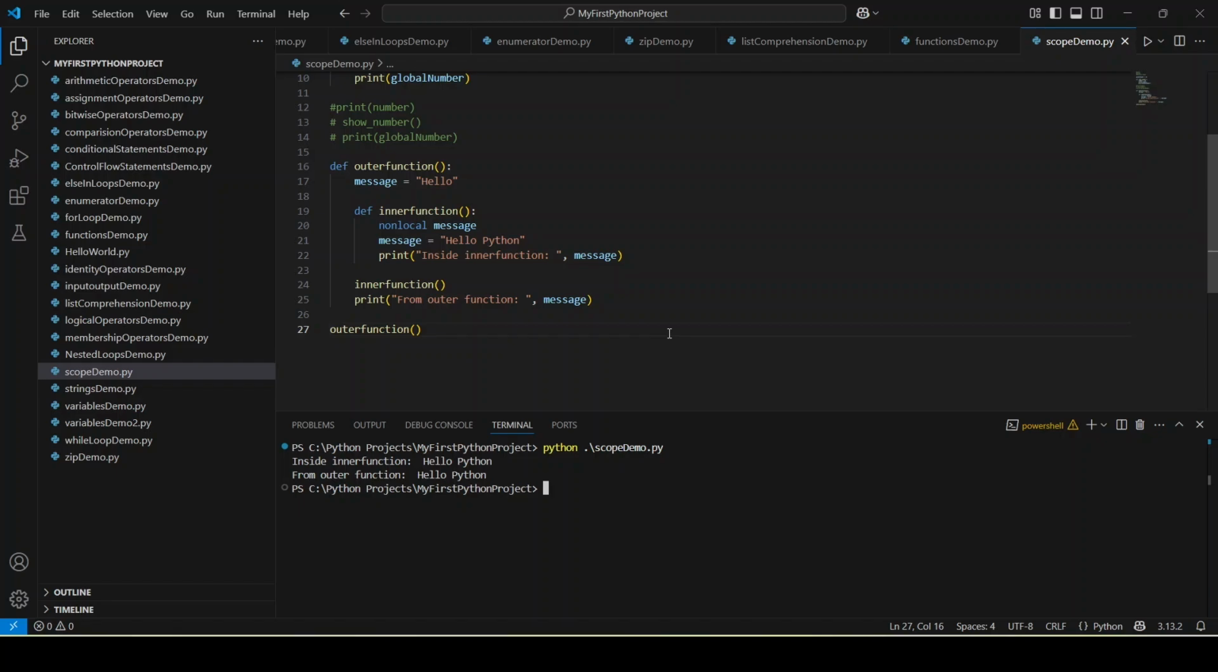Why exactly do we use the nonlocal keyword in Python? The nonlocal keyword allows us to modify an enclosing function's variable instead of creating a local variable again. This is about the scope in Python. Let us see about